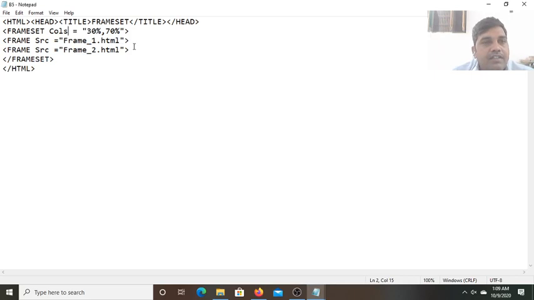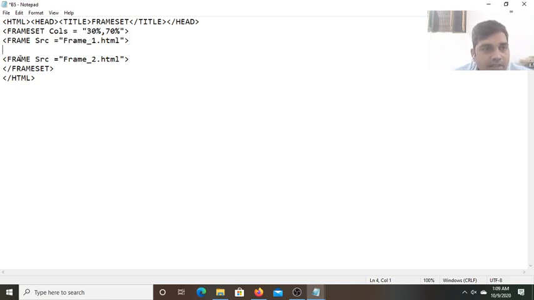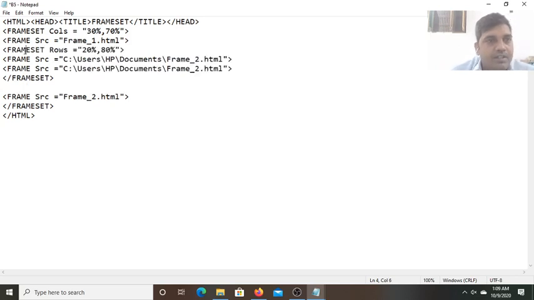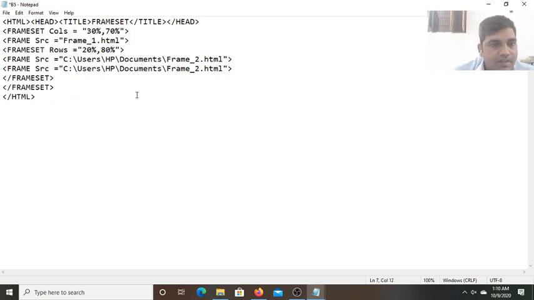So see here after this frame. In frameset, this is the vertical columns. Now in the second vertical column, the second vertical frame will be divided into two horizontal frames. There I am going to write Control V. Okay, now see. After that, this one, let me erase this one. Okay. Now we save it.